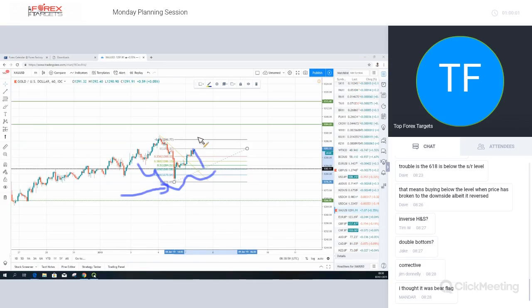And you can see up into this area would be a 2-to-1 trade. 1x, okay, to make 2. So from this area up to here, you're probably looking at a 3-to-1 trade, which is great. This is the kind of trade I'm happy to take all day. If it fails, so be it. You only need to get, I think, about 25% of your trades correct if you're doing a 3-to-1 risk to reward.